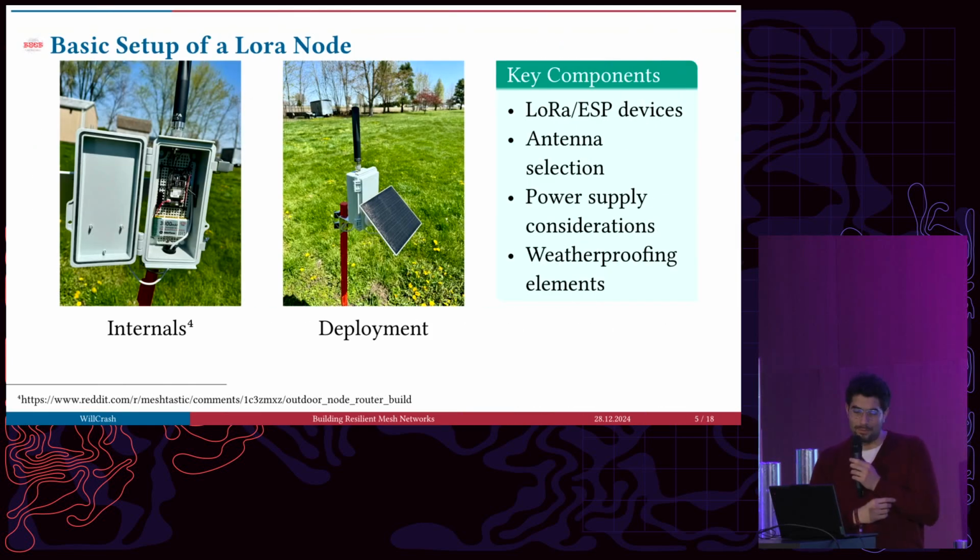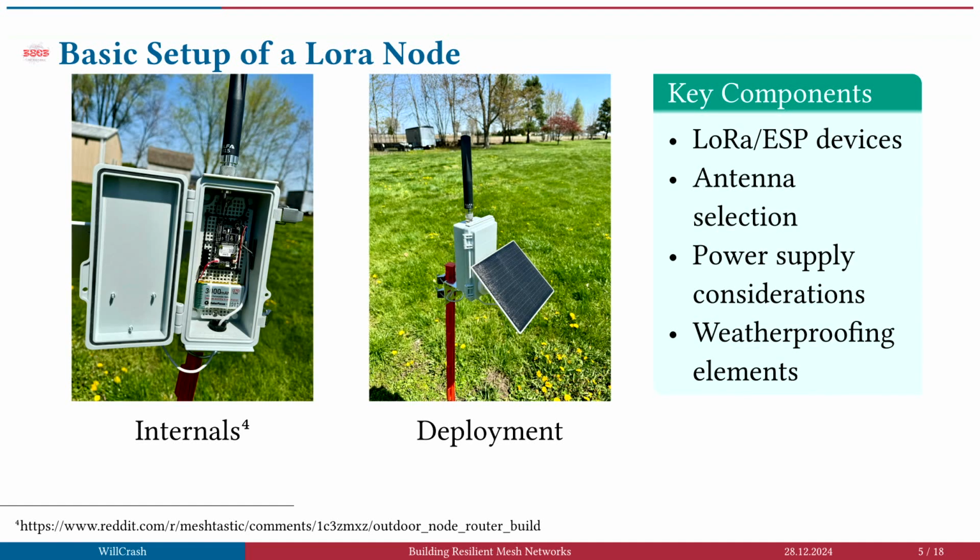This is a very professional setup of a LoRa node. It's waterproof, it has solar panels, it has the board and the battery inside, and it can be deployed. There are a few things you should think about. How much sun is there? For example, this is a very large solar panel, so you should be able to use it in Hamburg. There are also smaller ones, like when I was on holiday in Portugal. These kinds of sizes were fine enough to get the node running through all of the year.